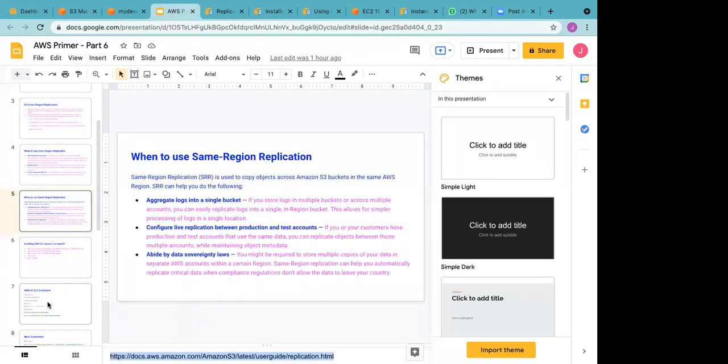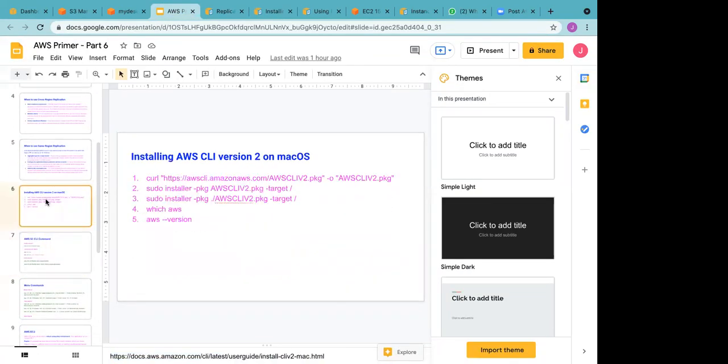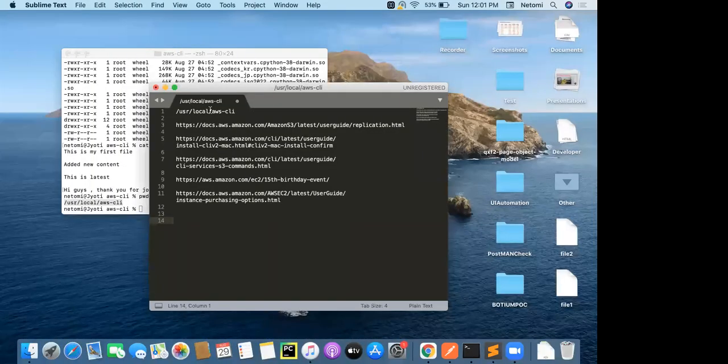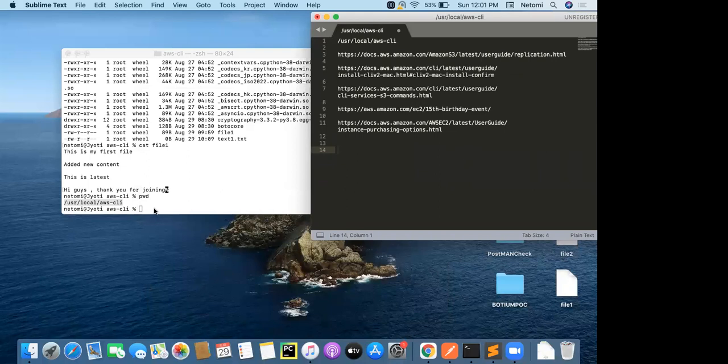I just performed these 4 steps. I copied the installer package, and then I installed this package. For me, I had to use sudo. Maybe you might not require sudo, but just check and figure it out. After that it's just a 3-step installation process. These 3 would enable the installation for you, and the default location where this gets installed is /usr/local/aws-cli.